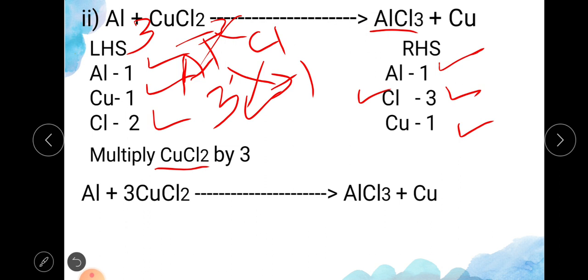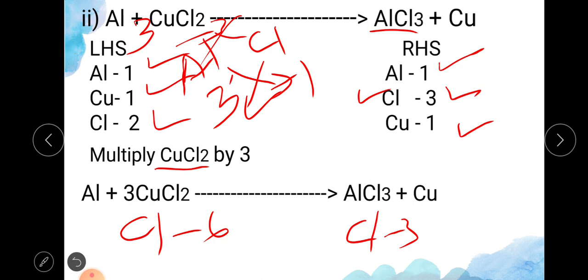Only chlorine is balanced here. Chlorine how many? 6 here. Here how many? Chlorine 3 only. Because we want chlorine 3 here, what I did was write 3 directly here. If you write 1 you will not get 3, if you write 2 you will not get 3, it becomes more. So I wrote 3 here, chlorine becomes 6 here, but here still 3 only.